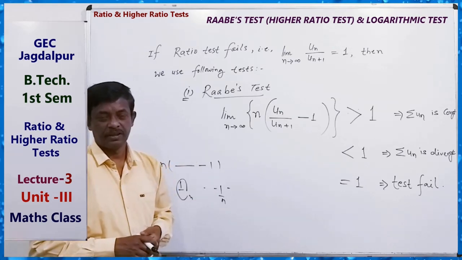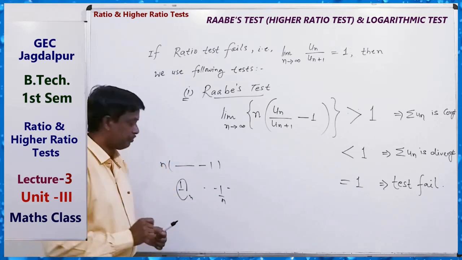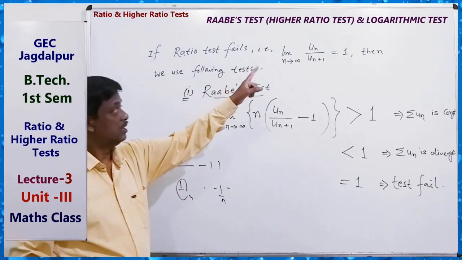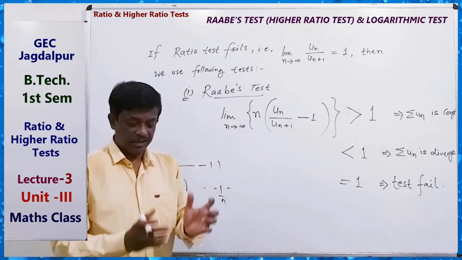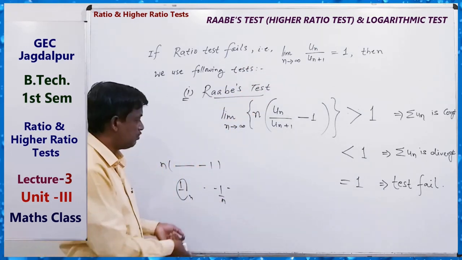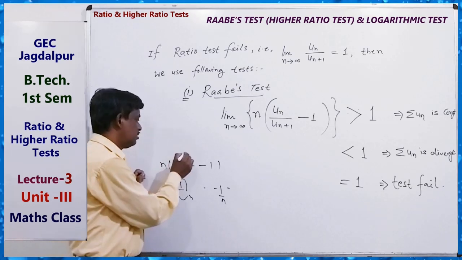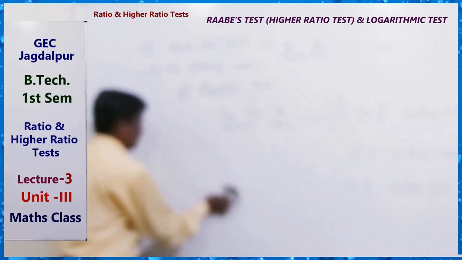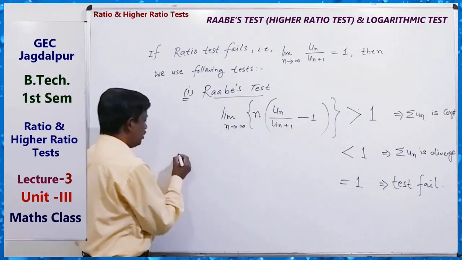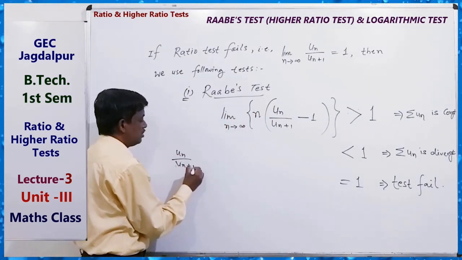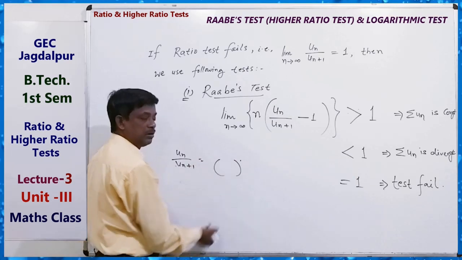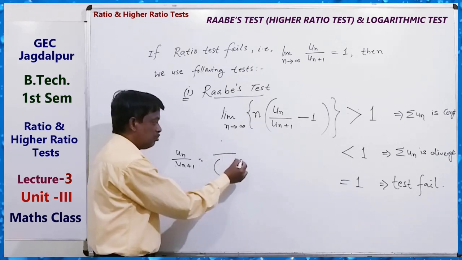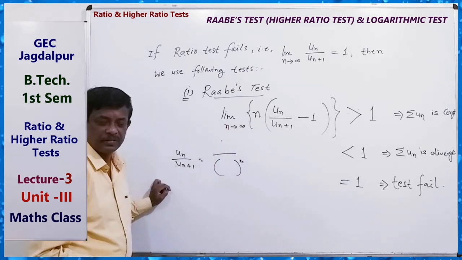Raabe's test. When the ratio test fails, and un upon un plus 1 is a value which has some power quantity, numerator upon denominator also with a power quantity generally, then we can